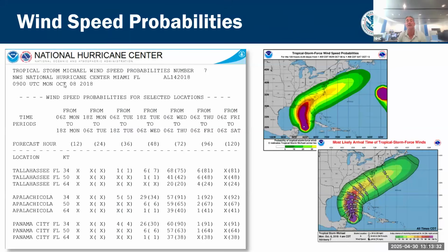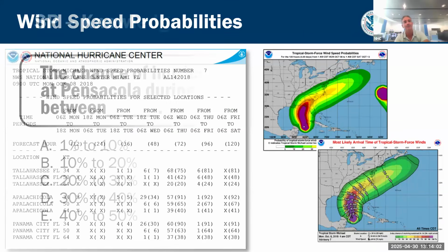Now, first, I've got to give a disclaimer. The products, especially the text products, are kind of hard to look at. They're going to be a matrix. We're going to walk you through it. I know there's better ways to view this in HRVAC, or whatever HRVAC's called today, so feel free to get the information any way that's most accessible and friendly to you. But for today's purposes, we're going to show you how to get it from our website, and we're going to walk you through it. There's a text component that we're going to walk you through on the left, and then we'll take you through some of the graphics. And again, Larry will talk about the timing graphics coming up in just a little bit.